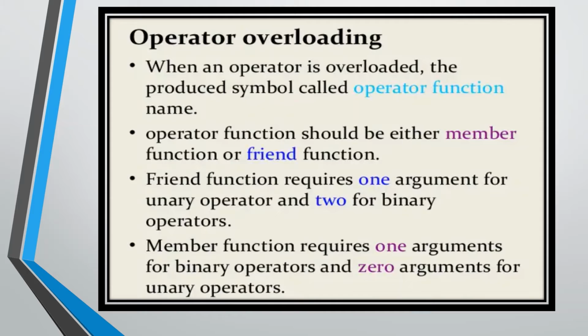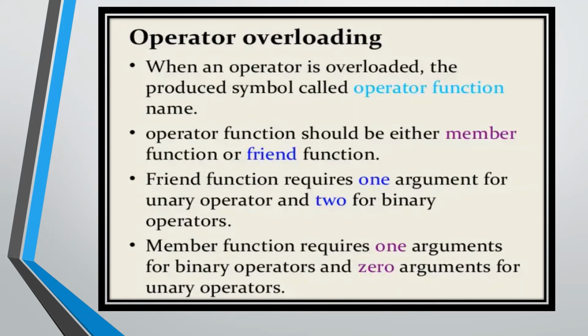Unary operators: plus plus a, a plus plus, minus minus a, a minus minus, plus a, or minus a. In this situation there will be one operator: the minus is the operator, plus is the operator, plus plus is the operator, and minus minus is the operator, and a is the operand on which the operator is going to perform the operation. It is called an operand. So in a plus, a is the operand and plus is the operator.